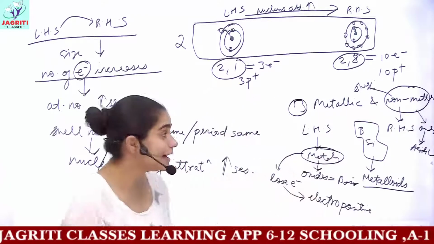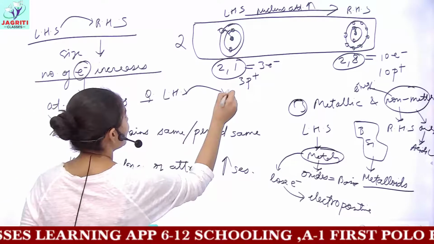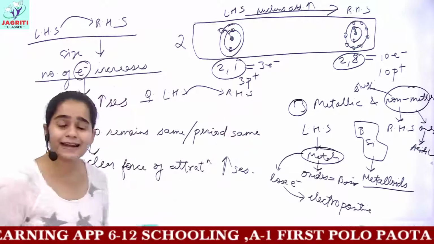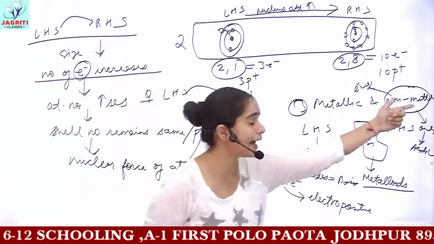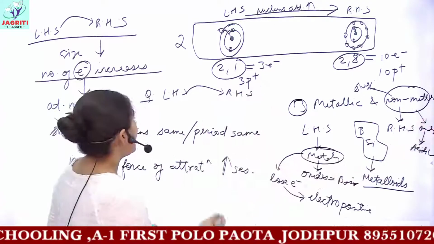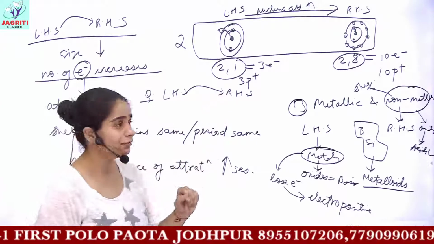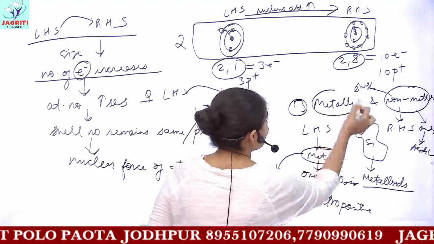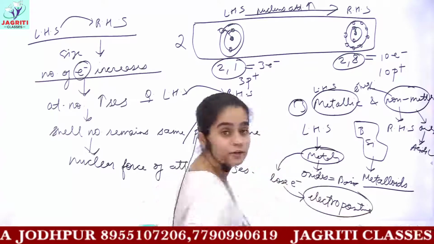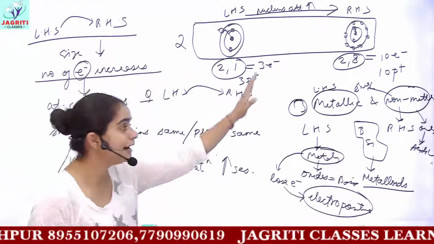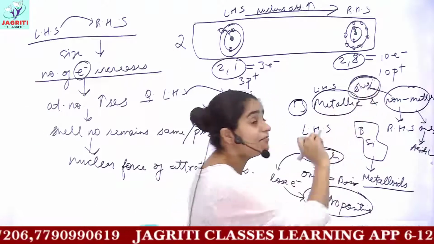So if you are asked a question, that is, if I move from left hand side to right hand side, will metallic character increase or non-metallic? Yes, left to right you have non-metallic character, and the elements will become either electropositive or negative. So remember, metallic character is present on the left hand side and metals are electropositive. So if you move from left to right, then non-metallic character, or you can say electronegativity, will increase.